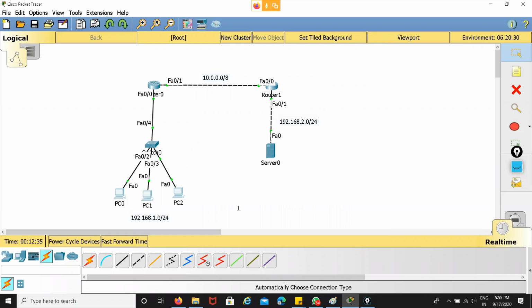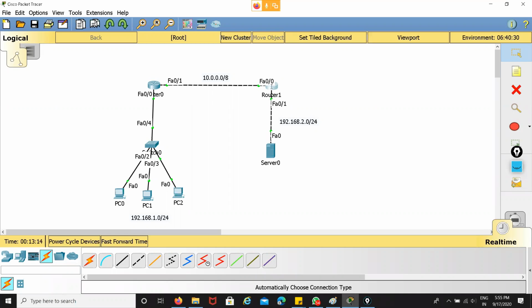How to filter the traffic? If I generate the packets from this LAN area, this is my source, whereas the server is my target, so the server is my destination. If you want to implement the standard ACL, then you have to choose the router which is exactly at the destination or just near the destination. So we have to implement the policies on the router which is connected with the server.